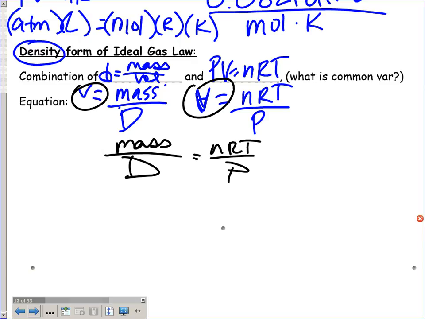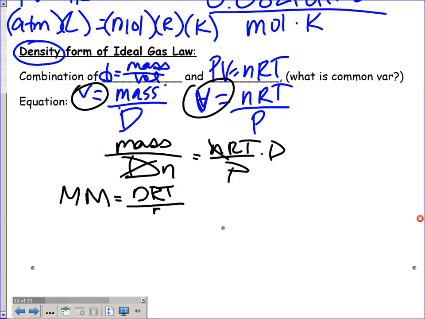how can I get molar mass? What are the units for molar mass again? Grams per mole, okay? Do you see grams per moles here? Basically, right? Can you rearrange so we can get grams per mole on the same side? What do I need to do? So multiply them both by what? Density. So density is going to pull off the bottom and come over here, okay? Divide by moles on this side, and you get moles on this side, right? Okay, so I just rearranged that really quickly, but what we have here is molar mass, grams over moles, is equal to